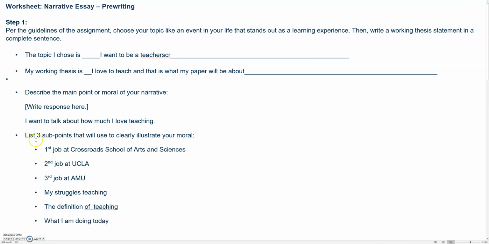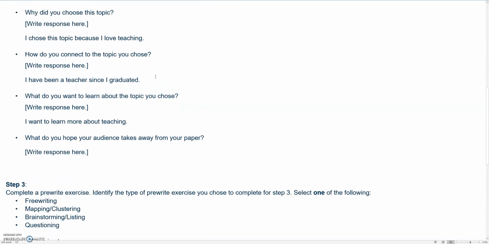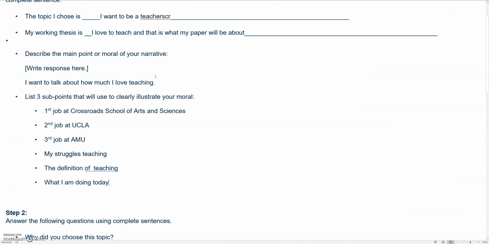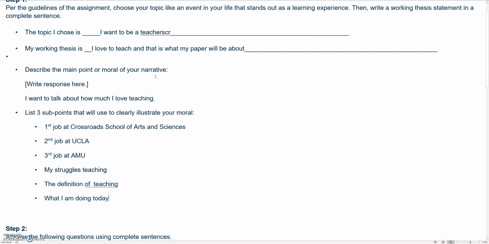Once again, this is not a reason. This is a story. This is story structure. I went over this, I think, in a previous lecture, that when you have a story structure, it's very much chronological, and it's very much about event number 1, event number 2, event number 3. First you struggled, now you want to talk about what your teaching is all about. That's not what I'm asking for in this assignment, and it was a very common mistake where people confused a narrative story with a narrative essay.